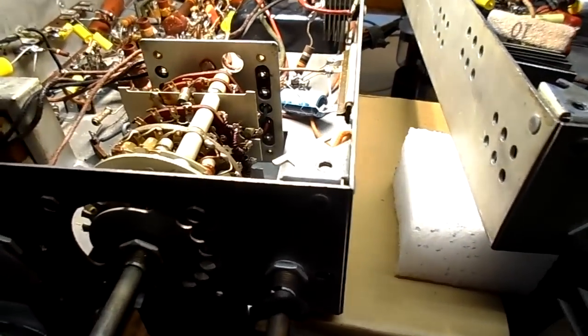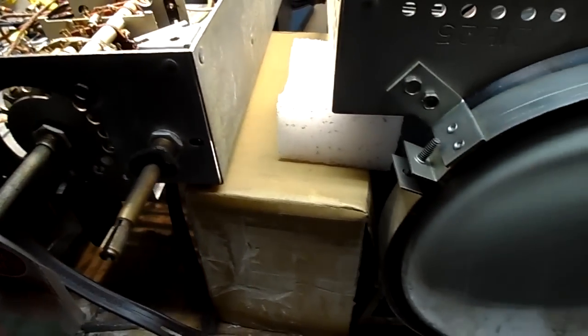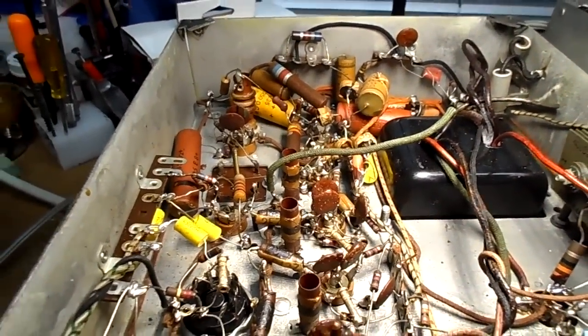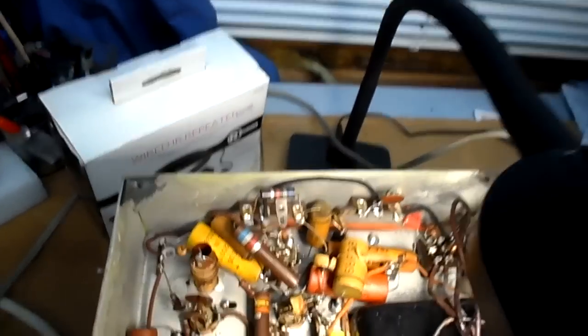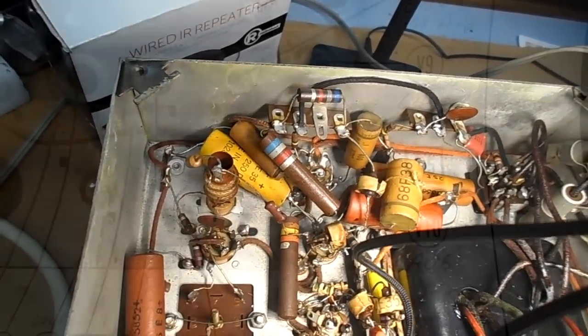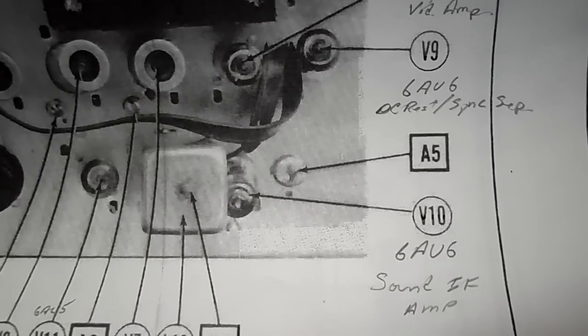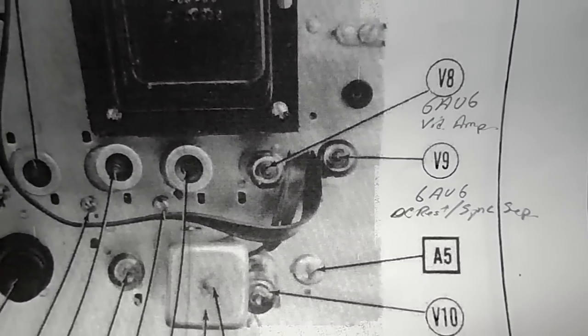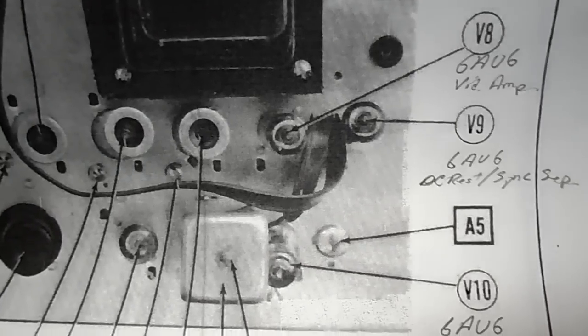Perhaps that smoke was just something from cleaning the tuner. They checked and double checked everything here. Oh, there's that one capacitor there in the back that's blown out that I want to change. I think that's in the sync circuit, come to think of it. Okay, this is V9, our sync separator, and that tube was actually cockeyed from being upside down. It wasn't in the chassis all the way. Let me try it again real quick, but